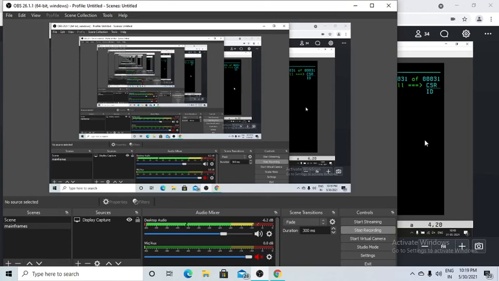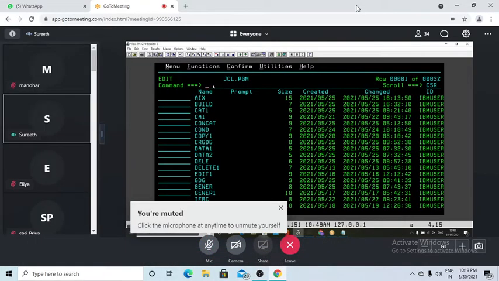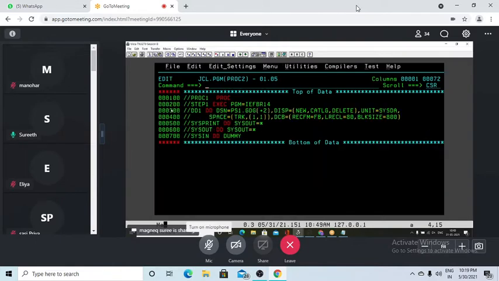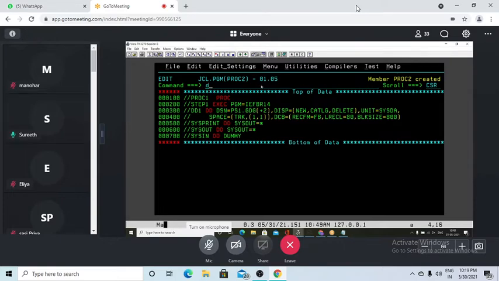This is proc 2. Okay, I will run the same thing, but I will give in the JCL proc lib the proc 2. Okay, you can see member proc 2 has been created. So let us just check the DS list. Okay, sys1 dot